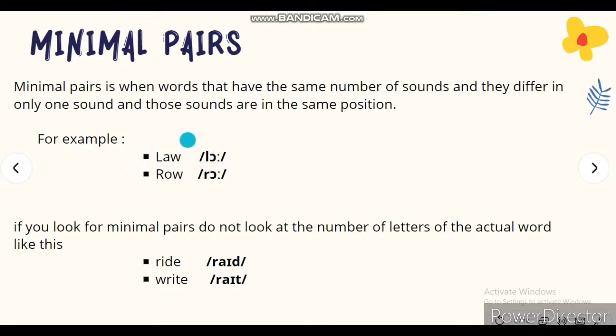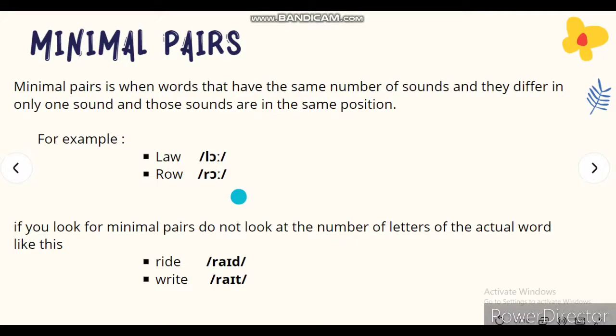Here we have minimal pairs. What are minimal pairs? Minimal pairs are words that have the same number of sounds and differ in only one sound, and those sounds are in the same position. Let's take an example. Let's see low and row here. Low and row differ in only one sound, which is the l and r sounds, and those sounds are in